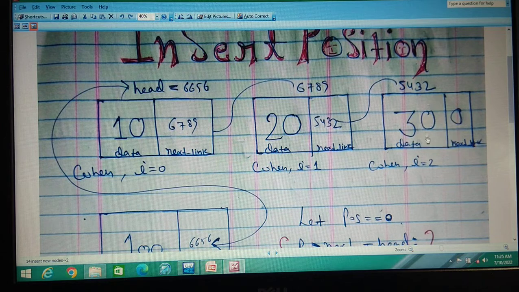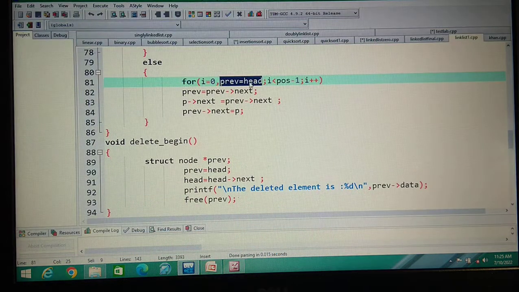So we are saying that if you want to access all the data, in this condition at first you have to call the prev. So you are saying that prev is this. What we have written, head is equal to prev, meaning the address of head will go to prev. After that you are writing i is less than pos minus 1.